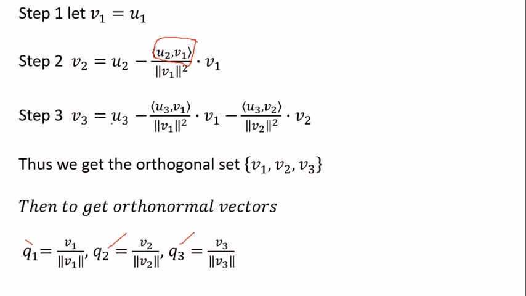But one thing I will explain before we start solving the example. Here we are writing v1, v2, v3, but if in the examination the example gives only u1 and u2, then we perform only the first two steps, that is step number 1 and step number 2. If three vectors are given, u1, u2, u3, then you perform three steps, v1, v2, v3; otherwise only two steps are sufficient. So initially we'll solve examples where only two steps are required.